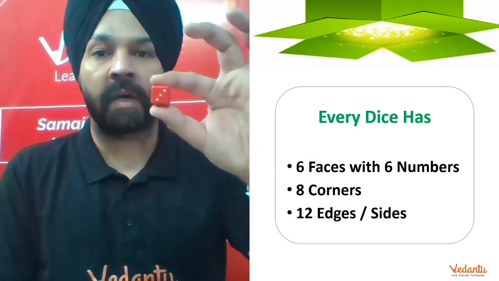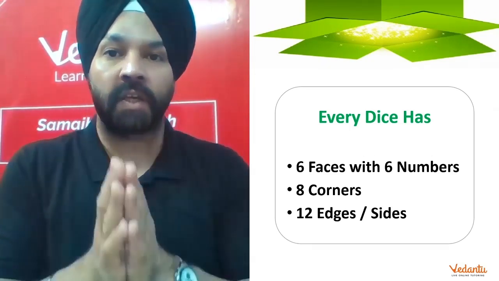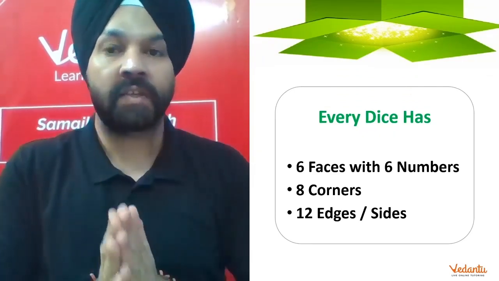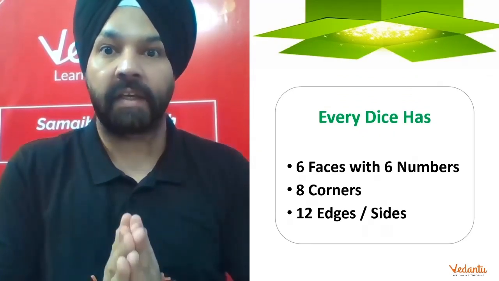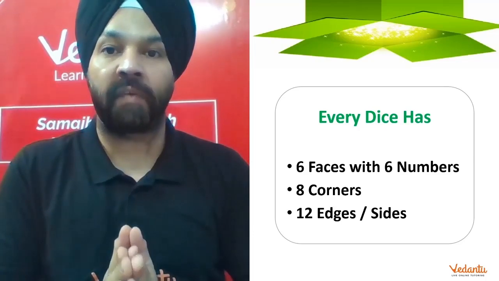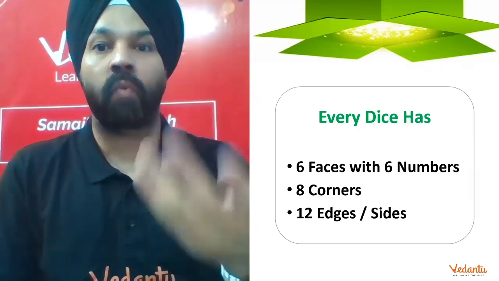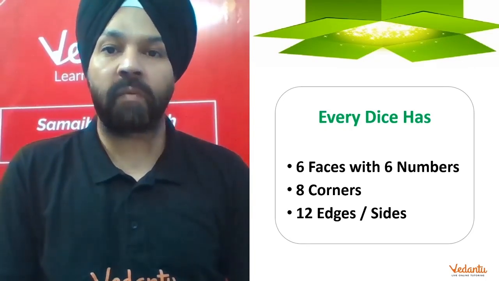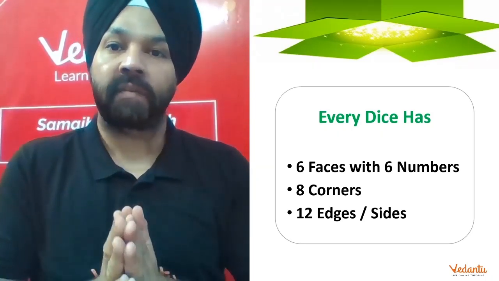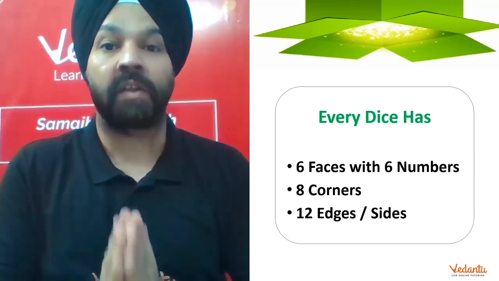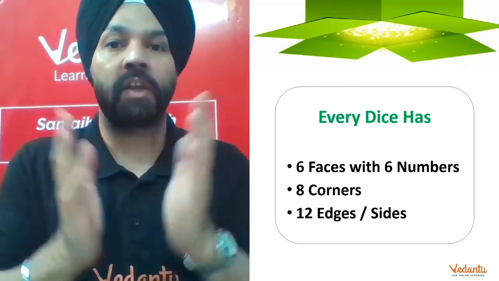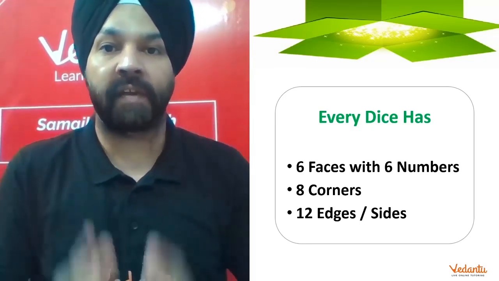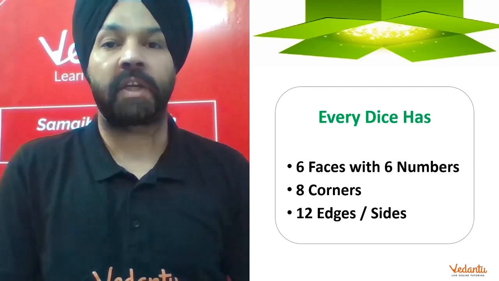Now when I talk of numbers, in case of a standard dice, the sum of opposite faces is generally 7. But you may get a biased dice also wherein 1 is there on more than 1 face, or maybe 6 is there on more than 1 face. So generally when we say a standard dice, we assume that the sum of opposite faces is 7, but that is not always. Until or unless it has been mentioned in the question that the sum of opposite faces is 7, then only you can assume this particular thing.